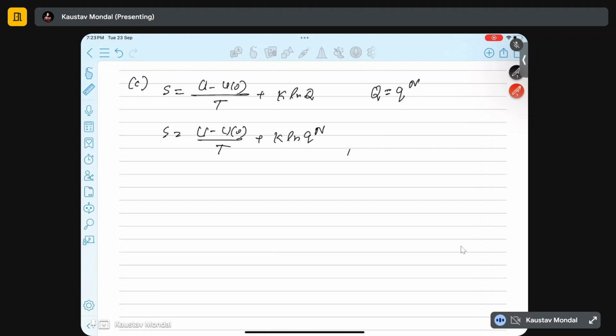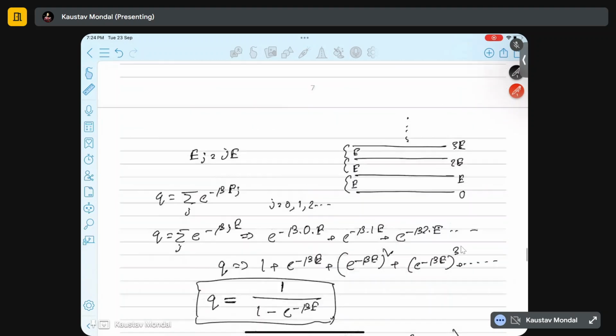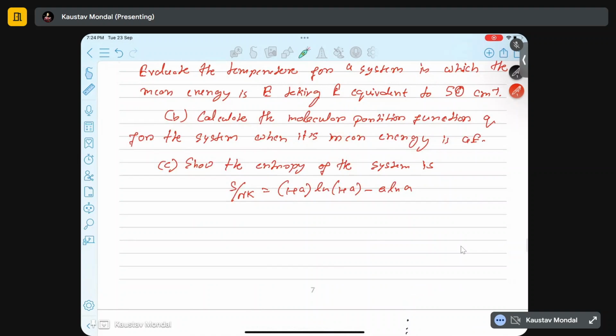From here you can write S equals (U minus U0) by T plus Nk ln q. Since you have to prove the expression for S by Nk,